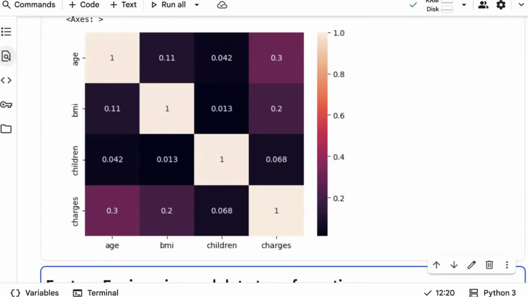Wherever you have lower values or a light color, that means they are highly correlated. Wherever you have a bigger number, that means they are highly correlated, and a lesser number means they are less correlated. Okay, this is how you can understand how strong two